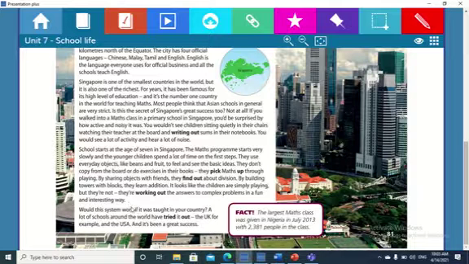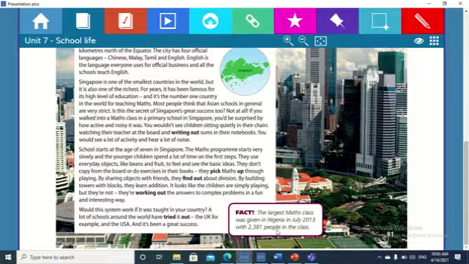Would this system work if it was taught in your country? A lot of schools around the world have tried it out. The UK, for example, and the USA. And it's been a great success. Fact. The largest maths class was given in Nigeria in July 2013, with 2,381 people in the class.